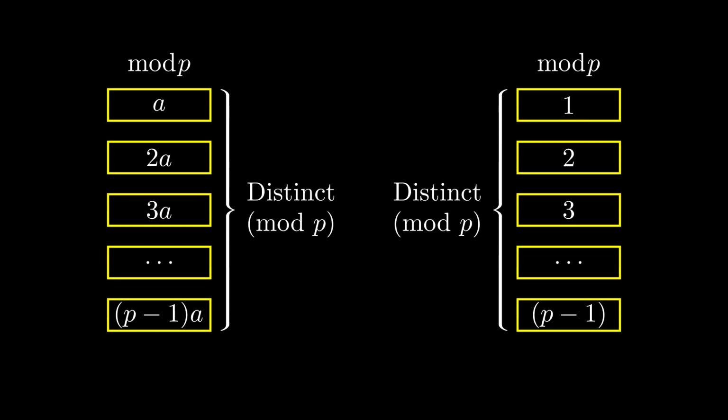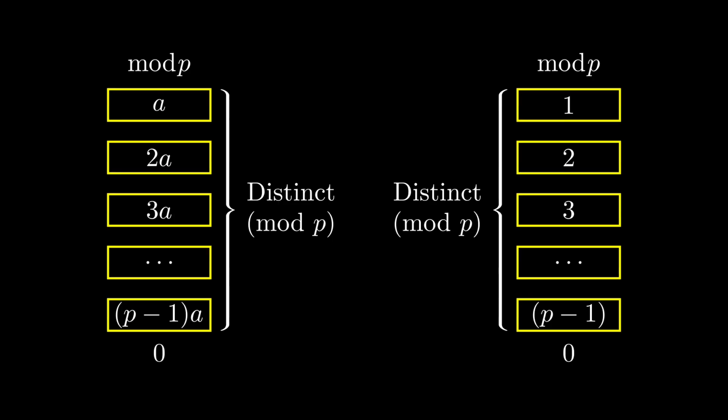So let's return to our sets. But notice how our sets only have p minus 1 elements each, but they're both missing 0, so let's add 0 to create a total of p elements in each set. And notice that when we add 0 to both of these sets, these new sets are still distinct modulo p,